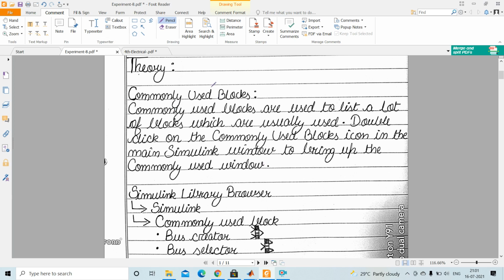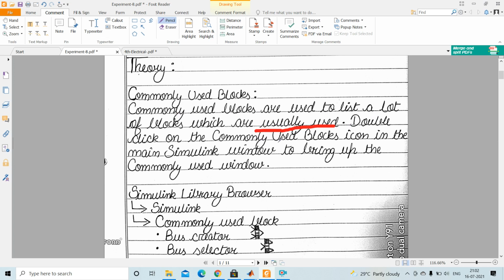Under the theory section, we describe some basic things related to these blocks and the parameters under them. Commonly used blocks list a lot of blocks which are usually used, meaning generally used. All these are listed under this section.